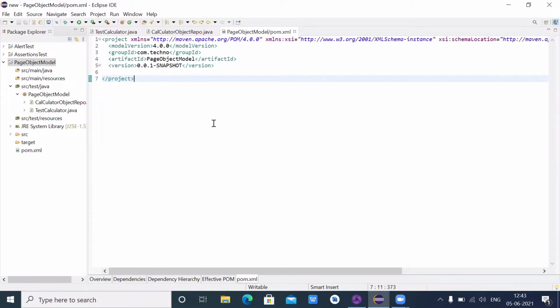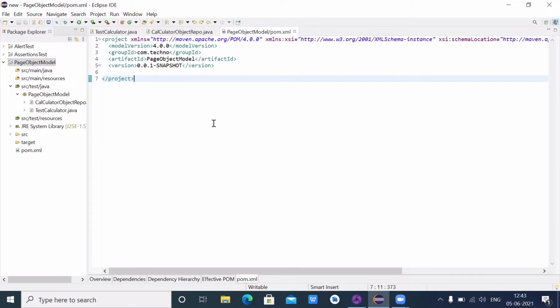Before moving to the practical implementation, I am going to give some theoretical definition. So what is the page object model? The page object model is a design pattern which is used to create an object repository for web UI elements.